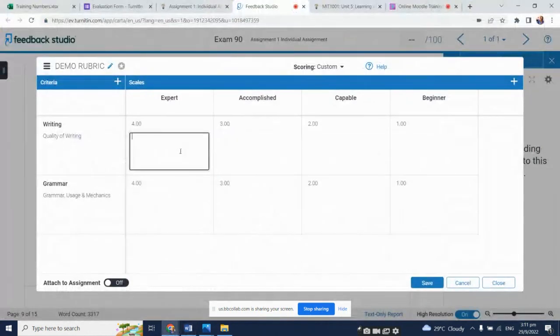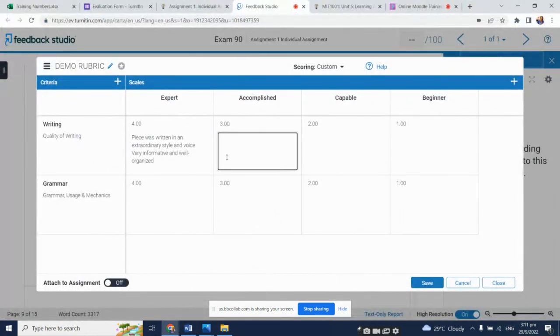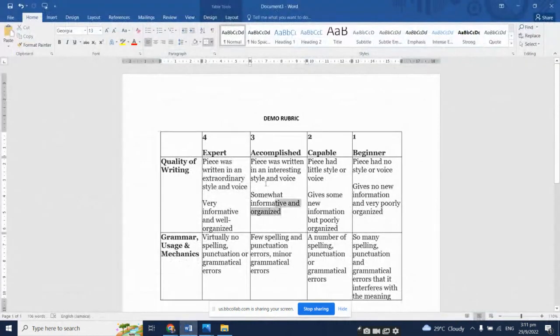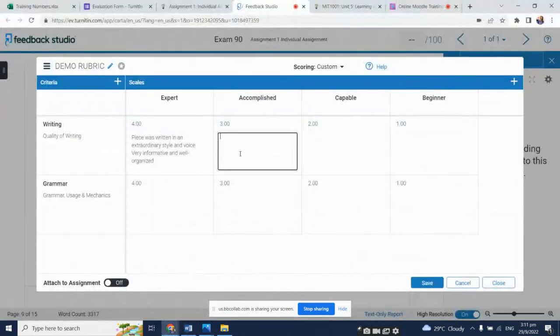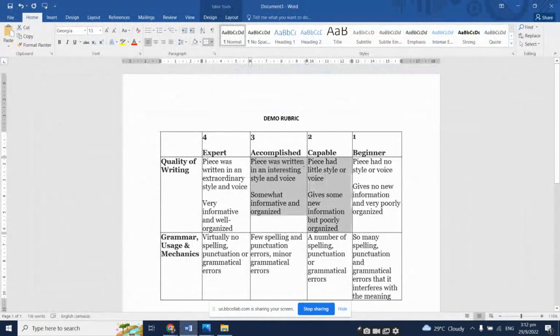For expert, that is it. For accomplished, that is it. We should have full stops after each section there. Same for the first one. For capable,